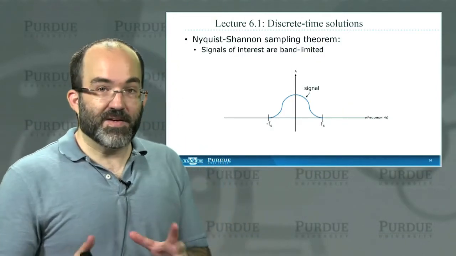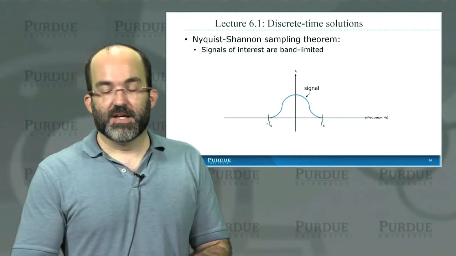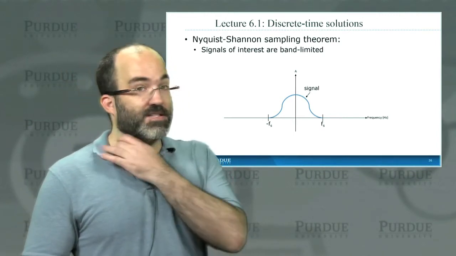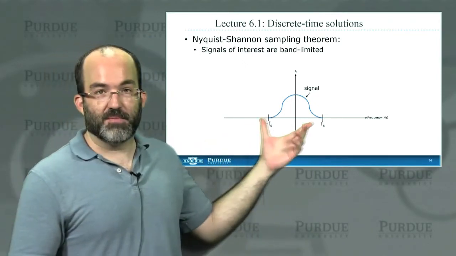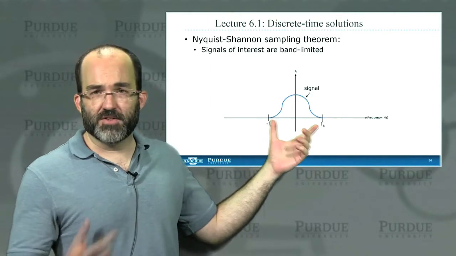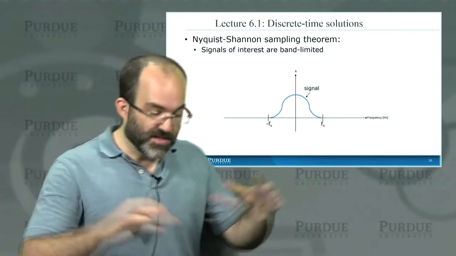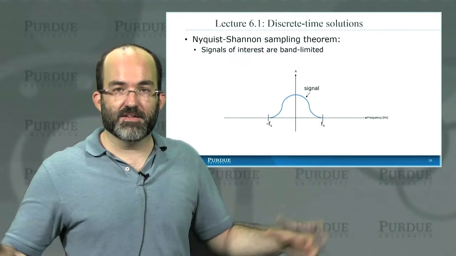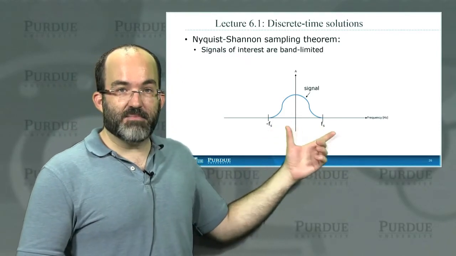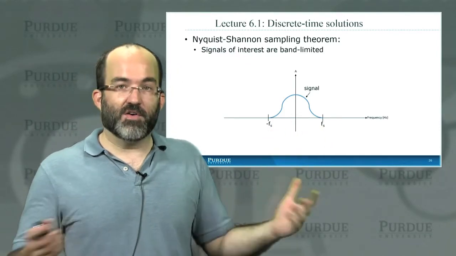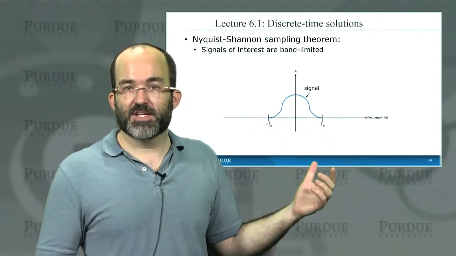All right, so how do you get around it? There's something called the Nyquist-Shannon sampling theorem. And what the Nyquist-Shannon sampling theorem, or just the Nyquist theorem, says is that if you have a signal of interest, so this is your biological signal, this contains your single unit action potentials, your group of neurons firing together as a local field potential, your very large group of neurons, millions of neurons firing together as an EEG, an electroencephalogram, they have some frequency band. And that band is limited, right? Neurons don't fire over all frequencies. They do so over some frequency band. In the case of neurons, that band is limited more or less to 1 kilohertz.